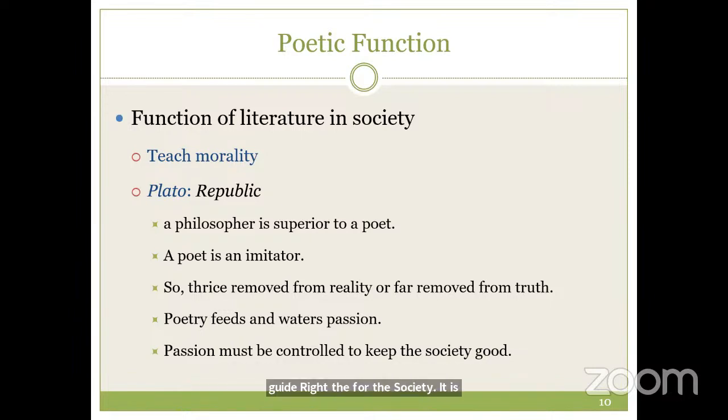It is a philosopher who thinks about complex things in the society. A philosopher thinks about a variety of societal problems and comes up with solutions to those things. A similar role is not played by a poet. A poet traditionally is thought to be an entertainer, right? The one who makes you laugh, the one who makes you think about something, right?